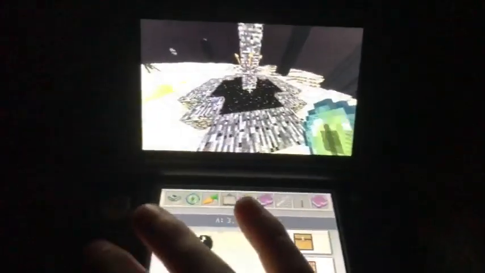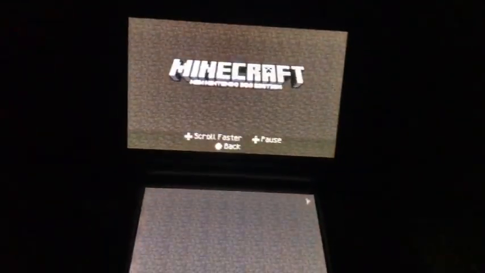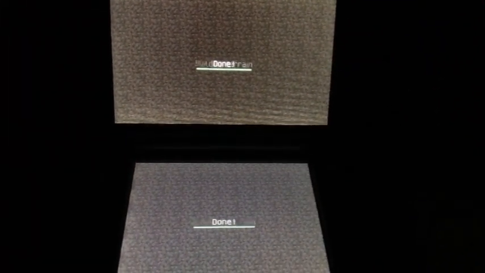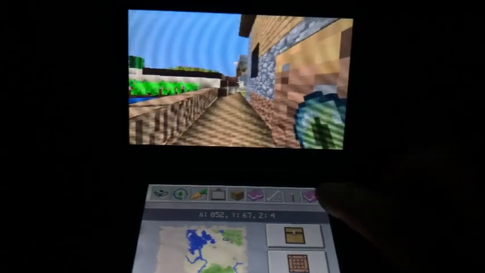Now, I wouldn't recommend turning the render distance and view distance anything higher than 10, because technically this build is based off of an old version of Pocket Edition. But anyways,